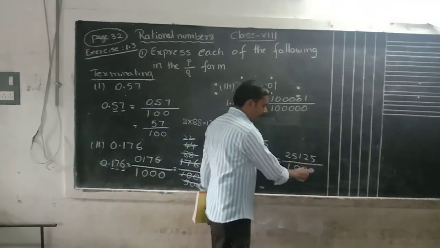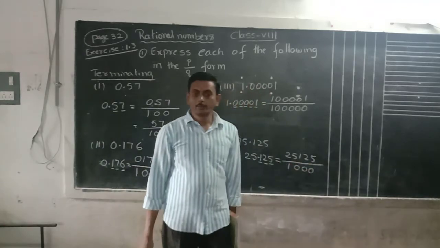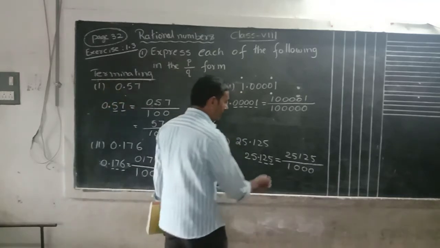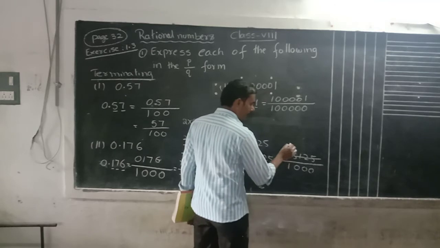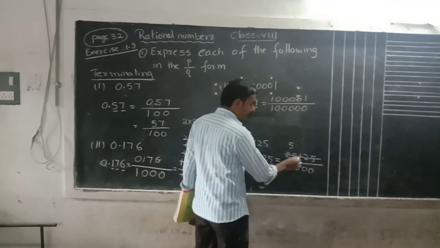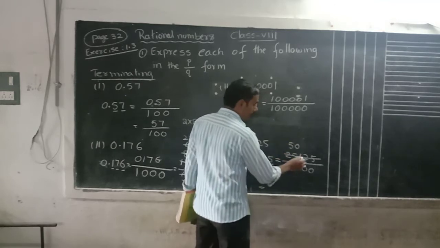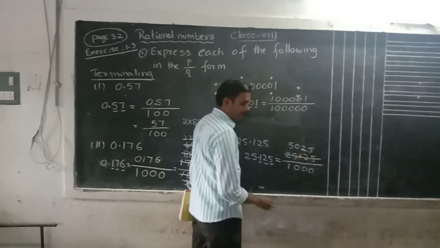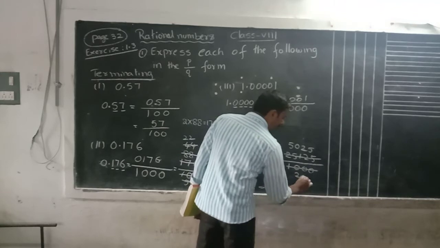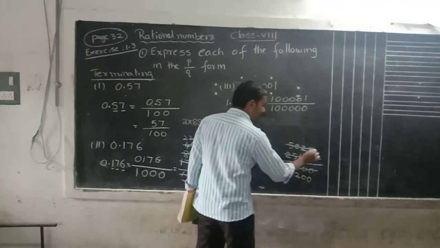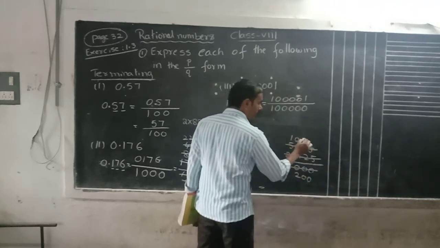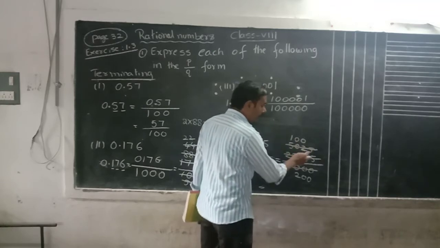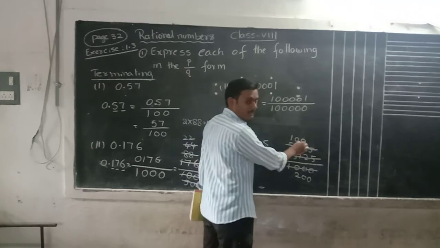This number ends with 5, this number ends with 0. We already know the divisibility rule: a number ending with 0 or 5 is divisible by 5. So 5 here we have to write. 5 5s are 25. 0 will not divide, so take 0. 5 2s are 10, 5 4s are 20, 5 200. Again cancel with 5 here. 5 1s is 5, 0 0, 5 2 will not divide. We have to take the second digit, so you have to take 0 here.